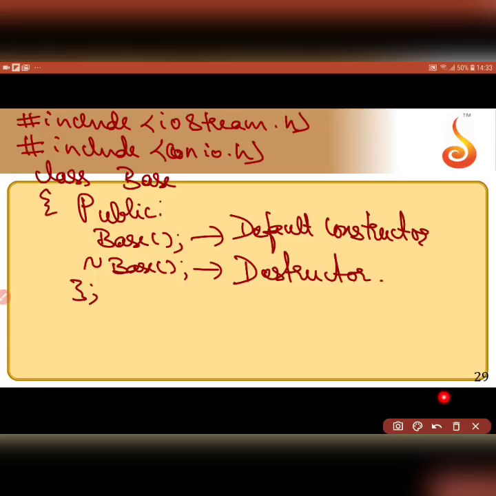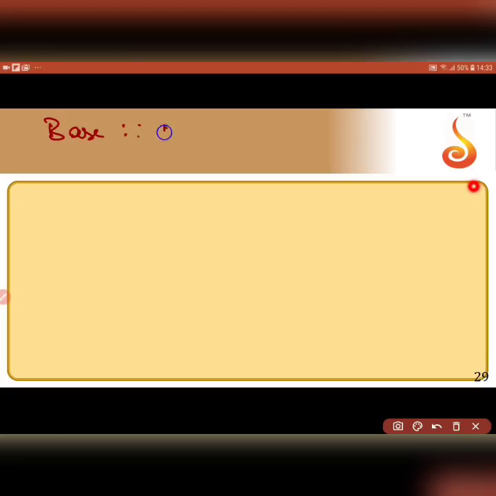Destructor. So this is the destructor, this is the constructor. Fine. Let me now write the constructors and the destructors. So how do I write that? It does not have a written type, name of the class to which it belongs to, scope resolution operator, name of the constructor function. So I'll say cout